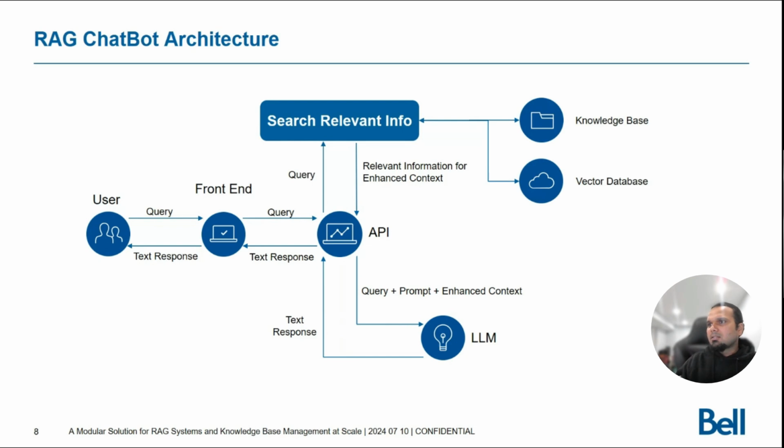The same architecture in a RAG situation adds a few more components. So the user has sent their query. The query goes to the API and prompt engineering layer. Now, the prompt engineering layer, in addition to adding the prompt, is also doing a few more steps. It's going to search for relevant information from the knowledge base that your RAG is feeding off of. And to do that search efficiently, it's going to use the help of a vector database. So it goes to the vector database, uses the query that the user sent to search for the relevant information, appends that, sends it to an LLM,